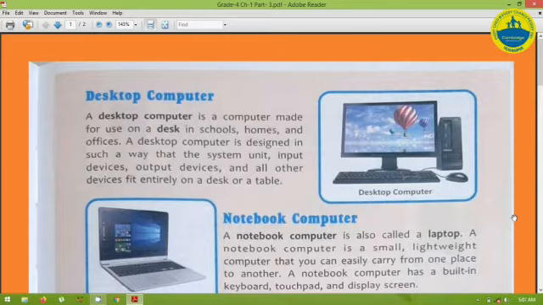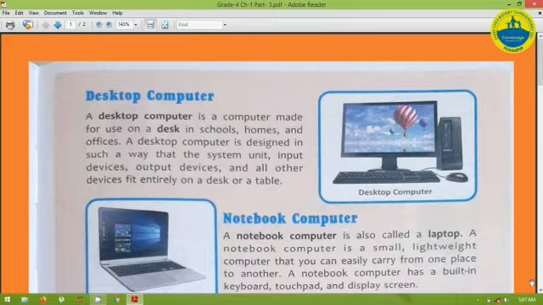They are designed in such a way that they fit properly on one table or one desk. They have a separate monitor screen, separate keyboard, separate mouse, separate CPU. When they form together, it is called a desktop computer, and it's easy to work on this computer, and it also has very high speed to solve all the problems.